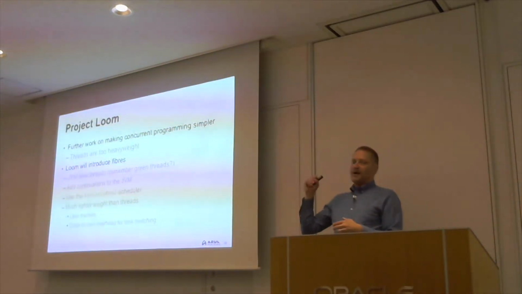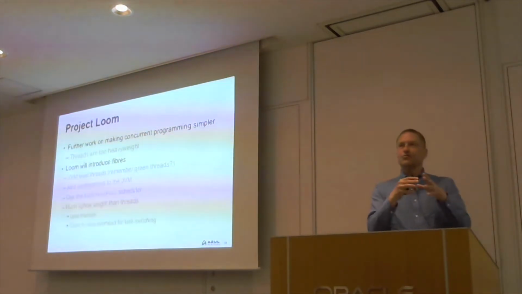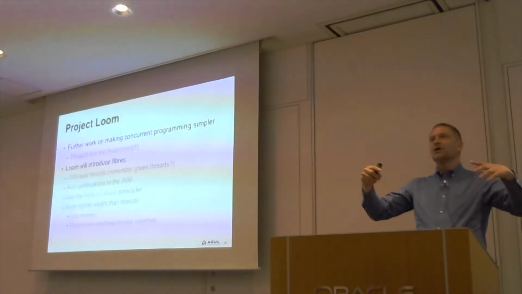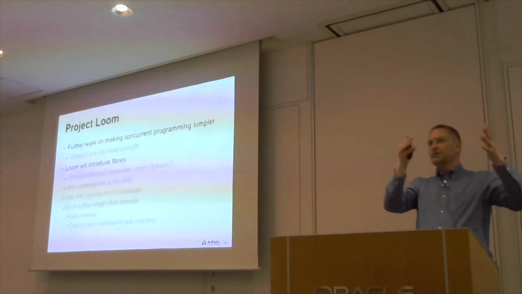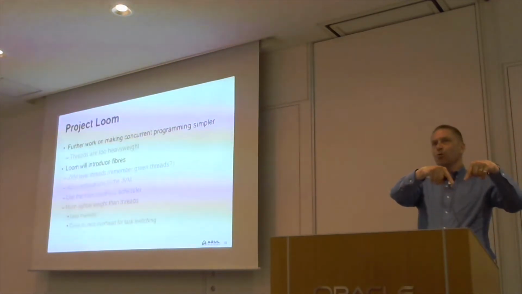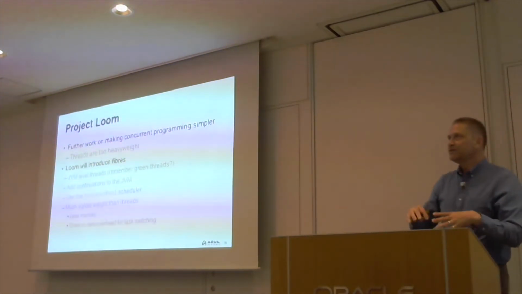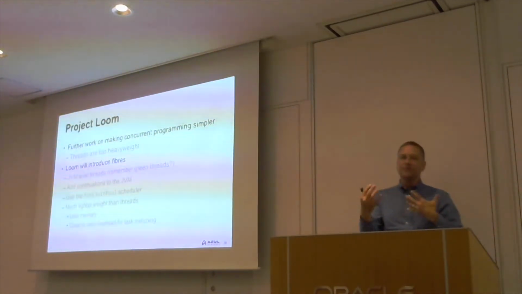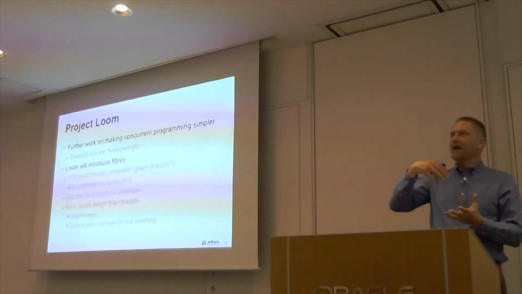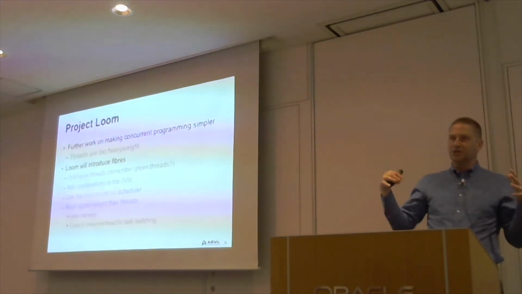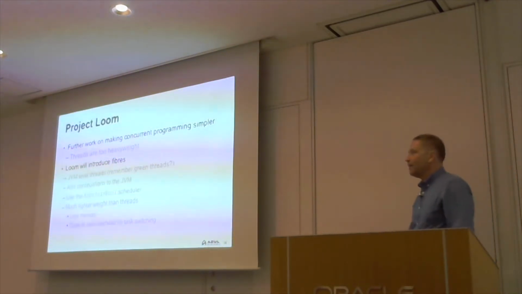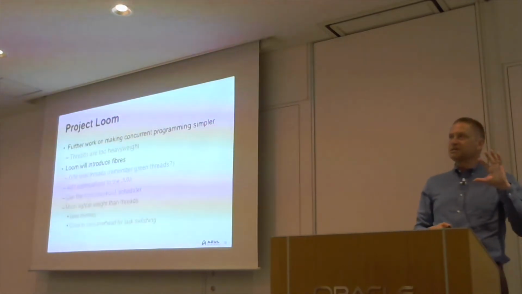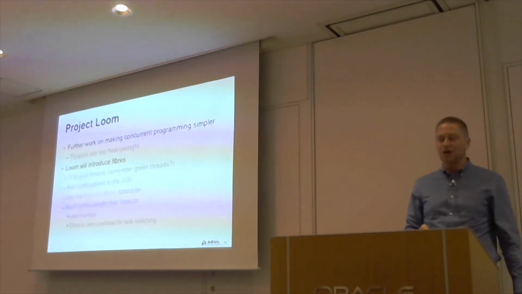What Loom is about is the idea of fibers. If you think that you have a process, and you can have multiple threads that map to a single process, fibers is taking that one level up. So you can have multiple fibers that map to a single operating system thread. They're treated in the same way as a thread, so they have the same functionality, but they don't have a separate thread involved in them. They're shared between a thread, and it's the JVM that does the hard work of actually scheduling them and dealing with them. So in essence, it's adding continuations to Java.